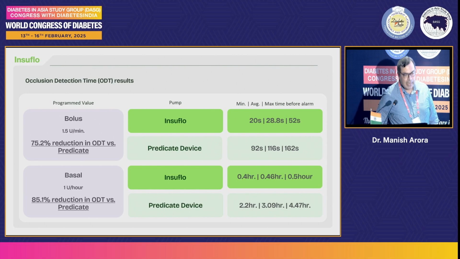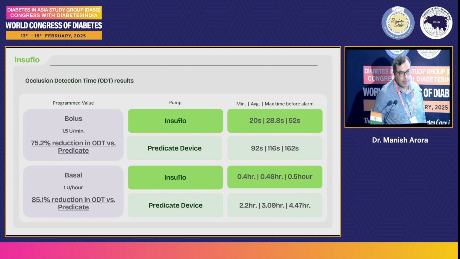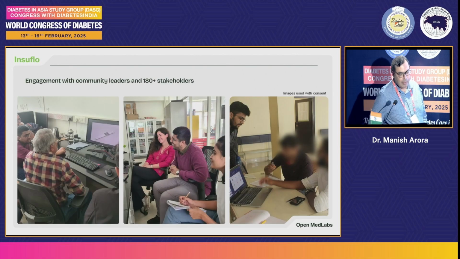But of course, there are challenges which we have. Once we are speaking to users, we find out there are challenges which people find. And one of them is, of course, non-detection of blockage. So we put in some effort to develop a new mechanism by which we can detect occlusion. And we found that our approach gave significantly faster detection of occlusion. So in case there are some issues happening with the pump, you're able to figure it out. And we are able to do these kinds of things because we constantly interact with the users, coming to the lab or calling them over or video chat and showing them what progress we are making.